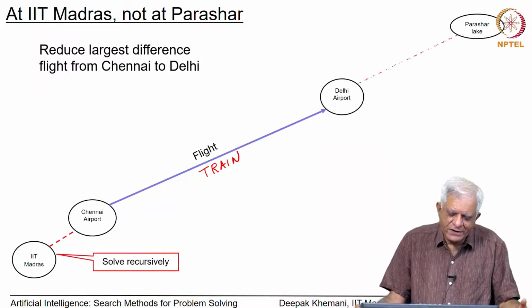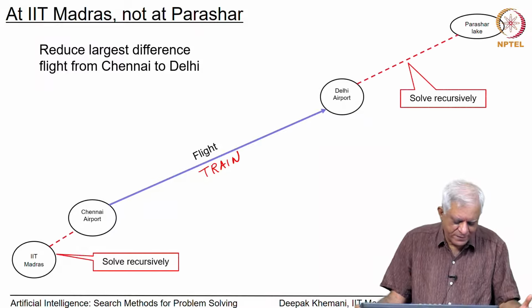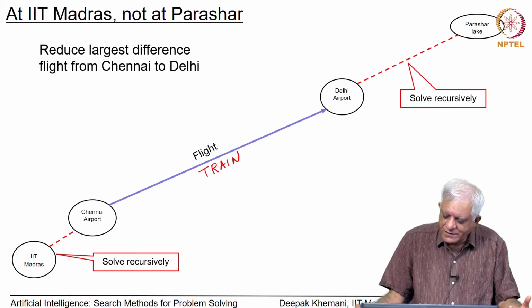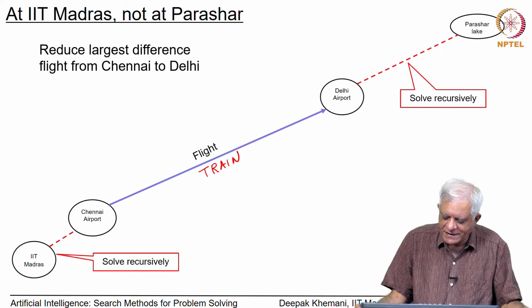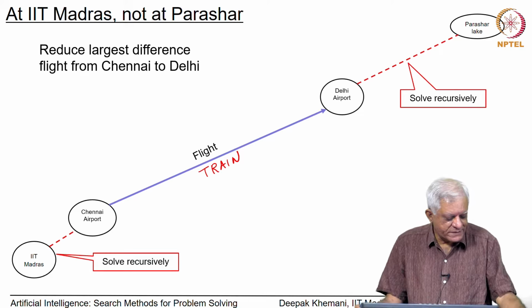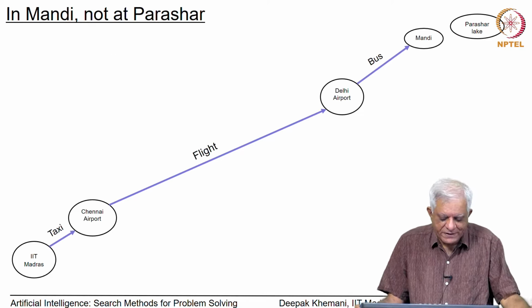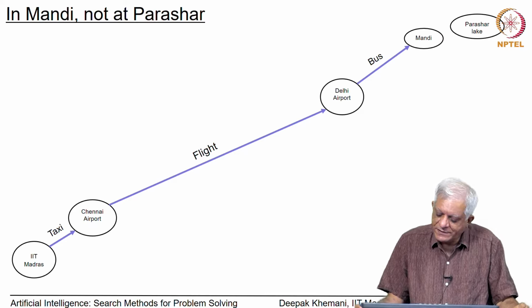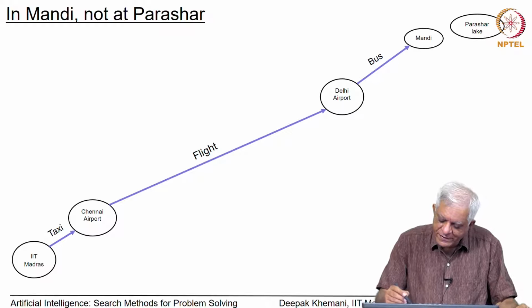And then of course, you recursively solve the problem as to how do you get from IIT Madras to Chennai airport, and the other problem which is a slightly larger difference, which is how do you get from Delhi airport to Parashar Lake essentially. So, our strategy has been to reduce largest differences first. So, maybe this is what you do, that this difference between Delhi airport and Parashar Lake,